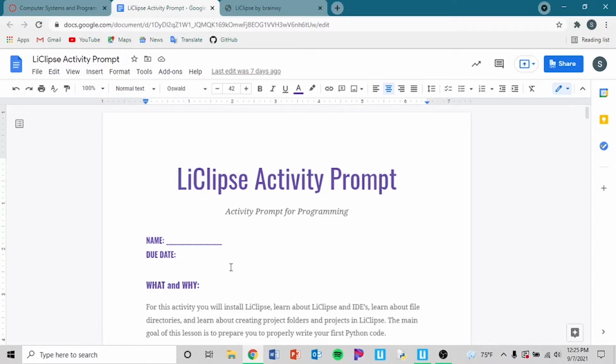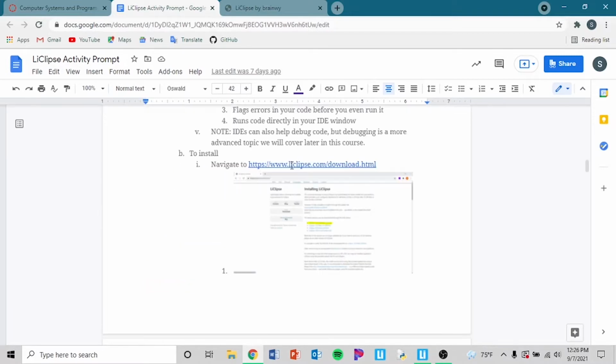They help with color coding, which ensures that you have the correct syntax. It also suggests methods and functions for you as soon as you start typing. It flags errors in your code before you even run it. And then you can run code directly in your IDE. Note that IDEs can also help with debugging, but debugging is a more advanced topic that we will get to later in this course. So the first thing that you are going to do is navigate to this link right here,